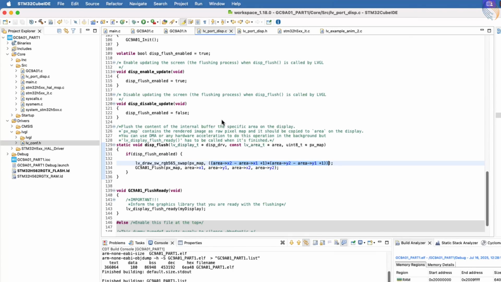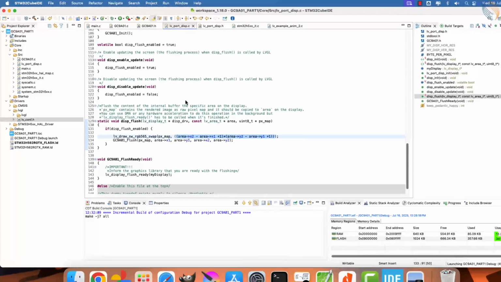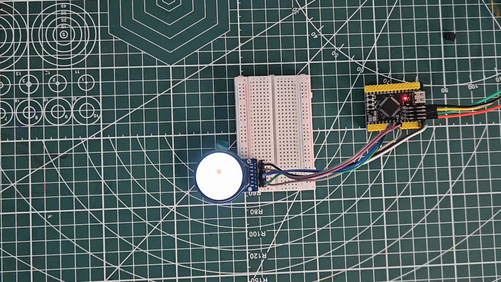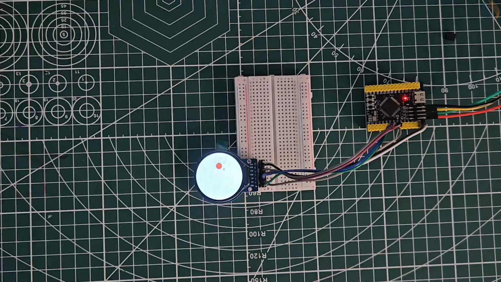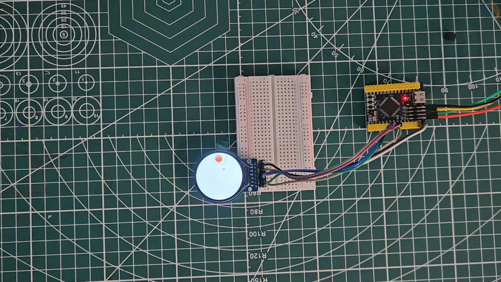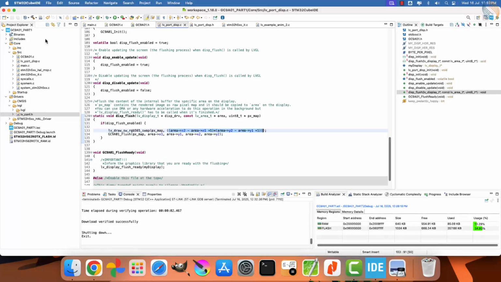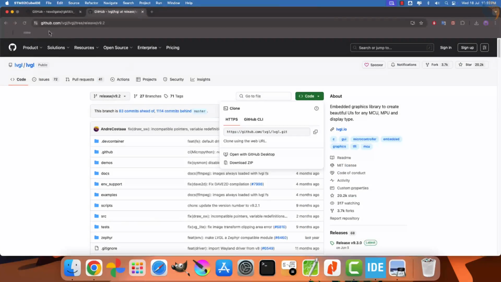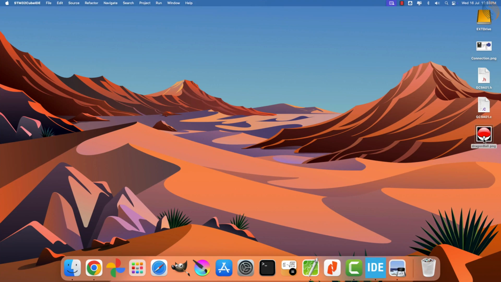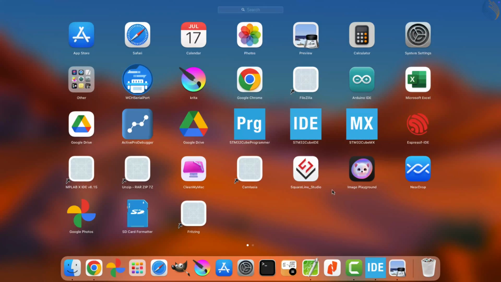Now rebuild the project and flash it again to the development board. This time, you'll see that the ball is rendered in red and the animation is still running smoothly. So now we have a fully functional LVGL implementation on our display, with proper color correction for the SPI interface. With that confirmed, let's move to the final section of this video, where we will design a graphical UI using